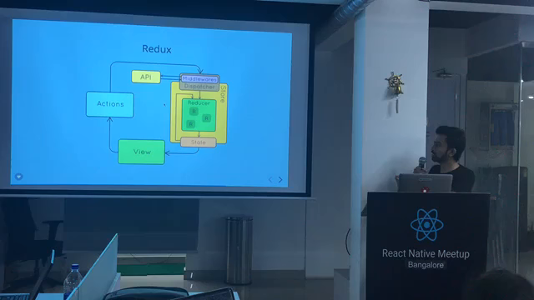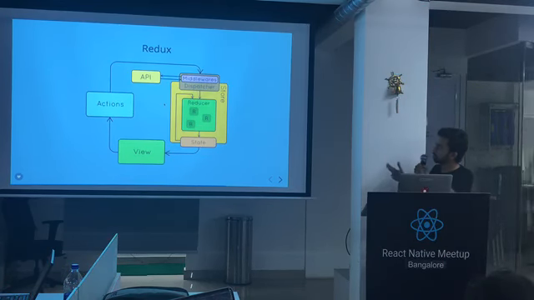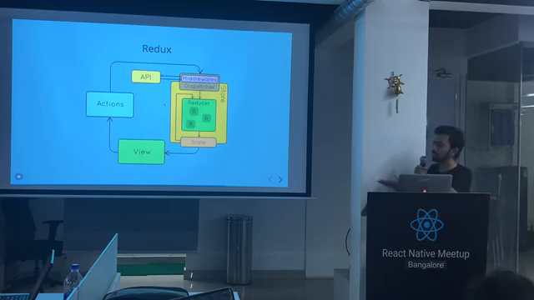So whenever you want to make a change, you have to dispatch an action. Then the action goes through middlewares. We have middlewares in Redux. I won't go into the details, but if you want to make API calls and those kinds of things, that goes through middlewares. As you can see, middleware then makes the API calls, and then again it goes to the reducer. When the API call is completed, it goes through the reducer and changes the state. That's how the view is re-rendered whenever a change is made. Is it clear?